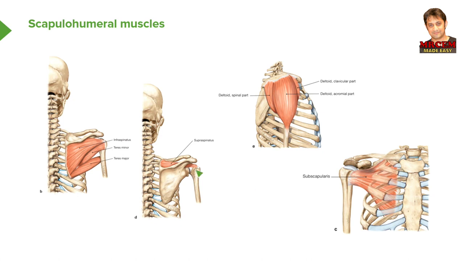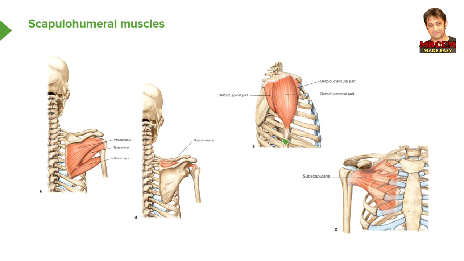We can see that here. Here we have supraspinatus, running from the supraspinous fossa of the scapula. Supraspinous fossa, remember, is above the spine of the scapula, and the muscle passes towards the humerus, specifically towards the greater tubercle of the humerus here. When this muscle contracts, the scapula is going to remain stable and the humerus is going to move outwards. It's going to abduct. So it's going to move in this direction, outwards. It moves the first 15 degrees via the action of supraspinatus,